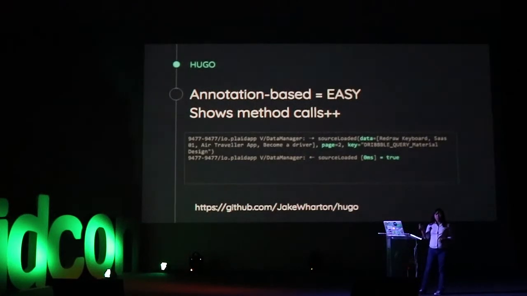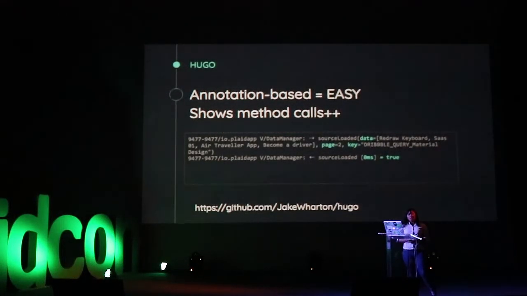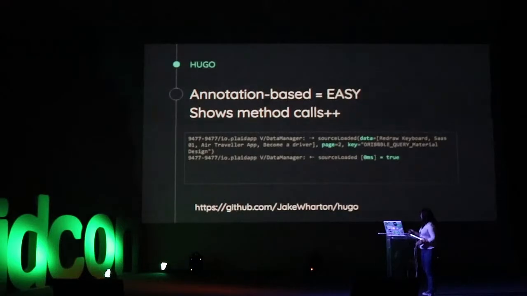If you annotate a method with @DebugLog, it will log stuff about your method call in Logcat. So if you have input parameters, it shows you what those input parameters are, what the result of the method will be if you return something, and how fast or how slow that method executed. So I highlighted the relevant values there.